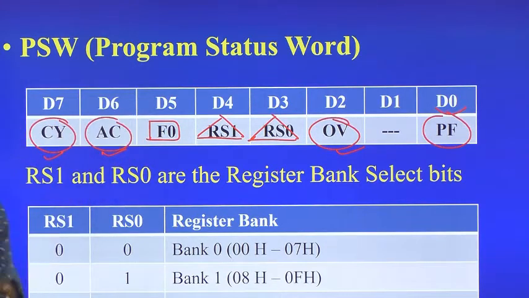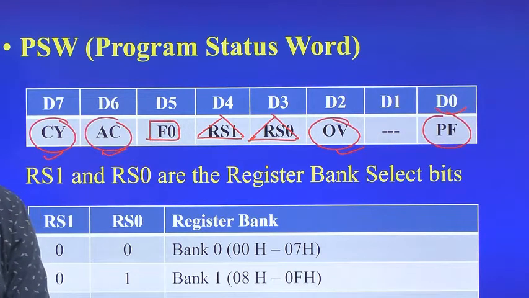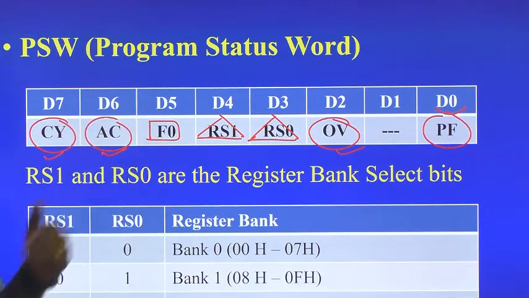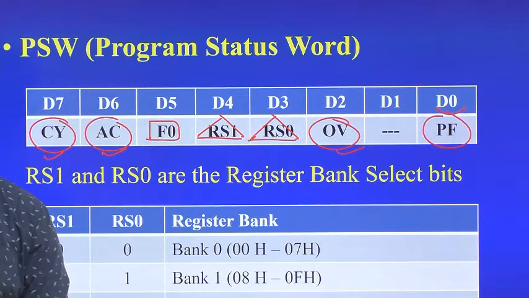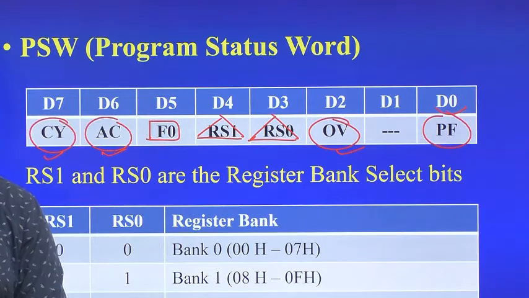These are the setting conditions for our conditional flags or mathematical flags or status flags. And F0 is the user defined flag. We can use F0 for different purposes. If you refer to this, I didn't find a sign flag. I can use F0 as a sign flag. And I didn't have any zero flag, so sometimes I can use F0 as a zero flag, because F0 is user defined. That means the functionality of F0 can be defined by the user itself.